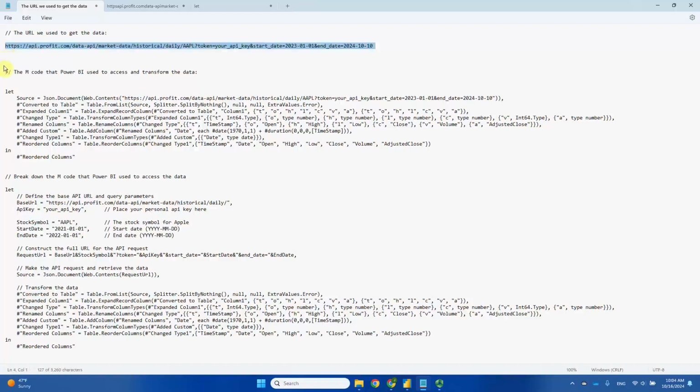By following this structure, profit.com's API will know what exact information you want. You need to provide your credential, your API key, so that you have access to their data source. You also need to provide the information about the stock symbol so that they know what stock you want to access. And lastly, you need to tell them the start date and end date of your query. Basically, the duration of stock trading data you want to access for the particular stock you want to